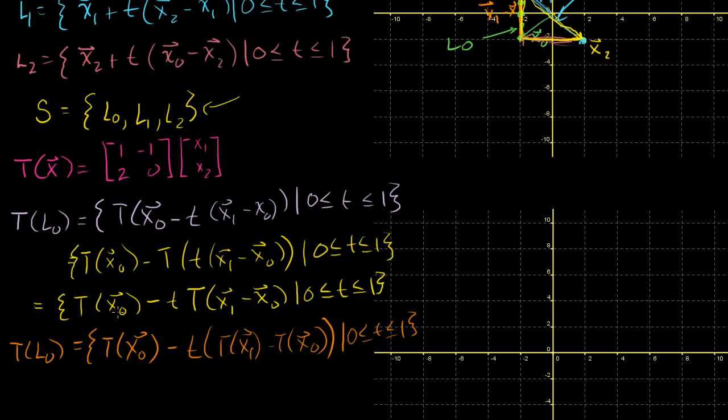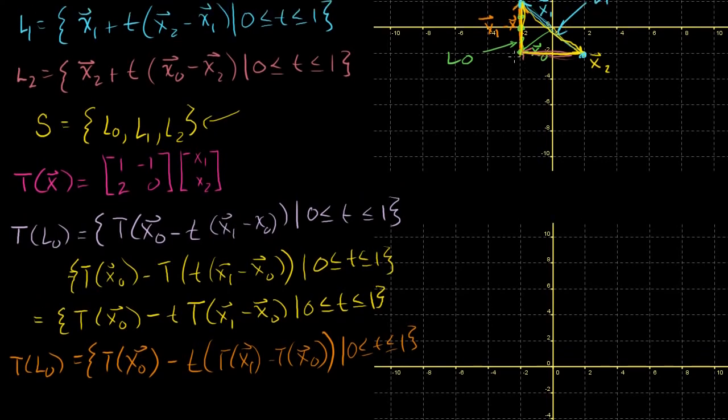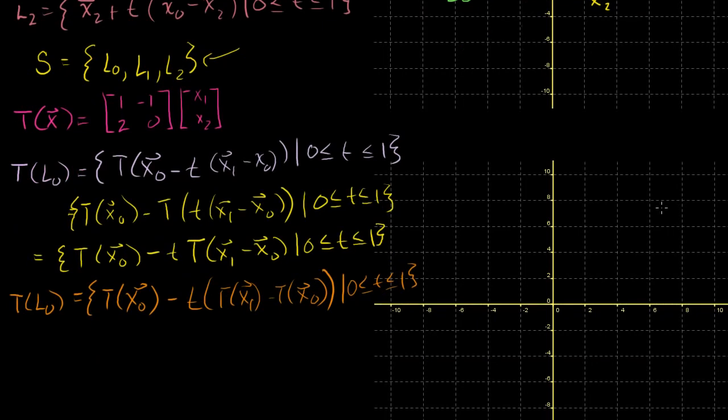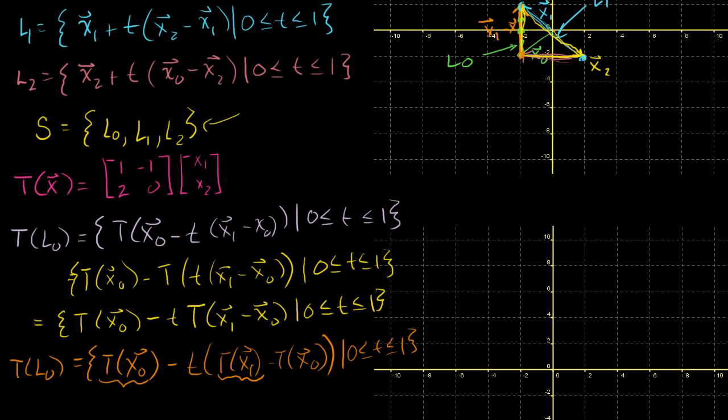The transformation of the line segment that goes from x naught to x1 ends up just being the line segment that goes from the transformation of x naught to the transformation of x1. Let me make this clear. What is the transformation of x naught? Let's calculate these things. So x naught was